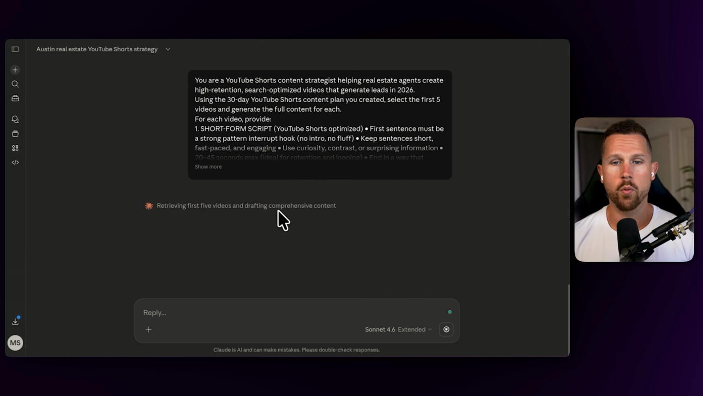So again, we want to make sure that our content is optimized. Unfortunately, a lot of agents are posting content wondering why it's not getting the traction or generating any leads. And it's because oftentimes they're just posting for the sake of posting. They're not posting with intent or not designed to be searchable. So you can see here that pretty quickly, it's going to package all of this into a nice clean location